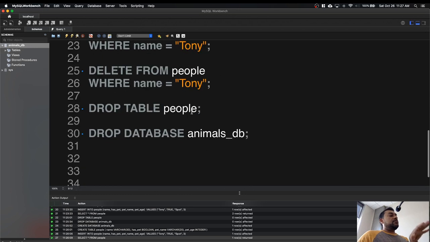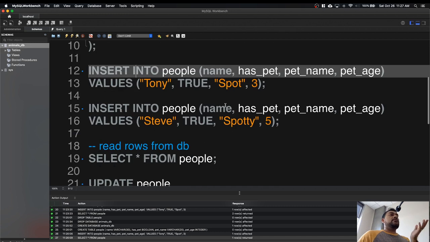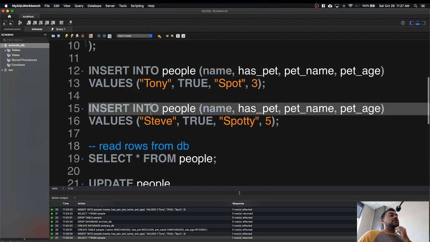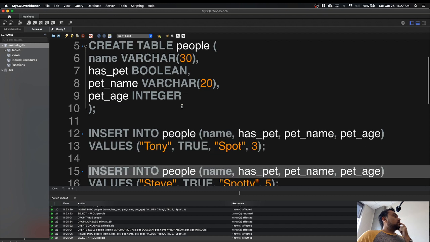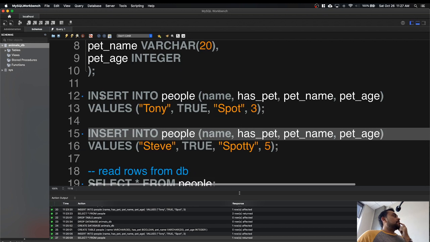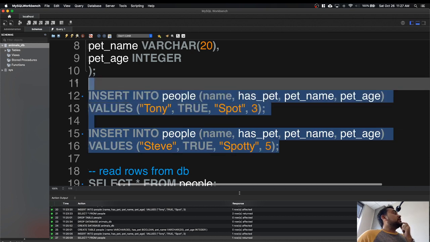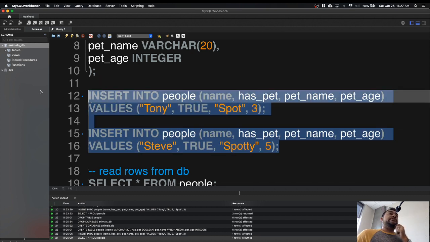So for now I have 30 lines of code, right? Say that you have it all written up. Would you have to highlight every single instance of that in 10,000? So if you have 10,000 insert statements,